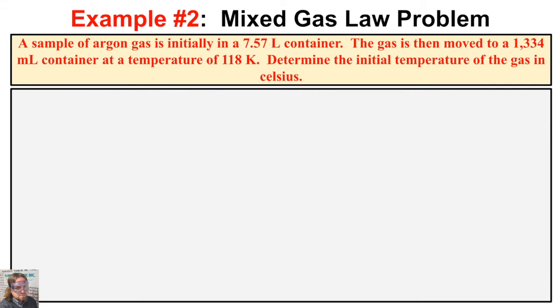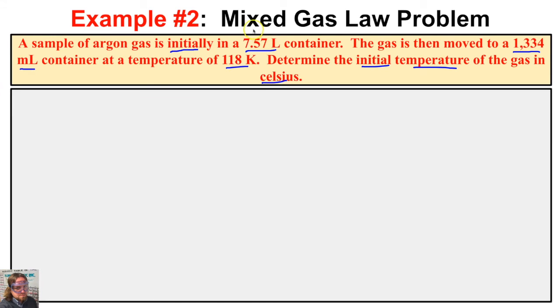In this second example, it says a sample of argon gas is initially in a 7.57 liter container. The gas is then moved to a 1334 milliliter container at a temperature of 118 K. We need to determine the initial temperature of the gas in Celsius, right? In Celsius. So if we take a look at this problem, a sample of argon gas initially in a